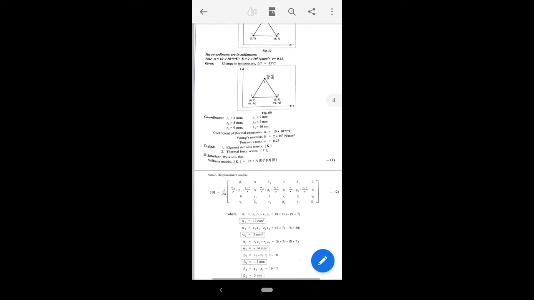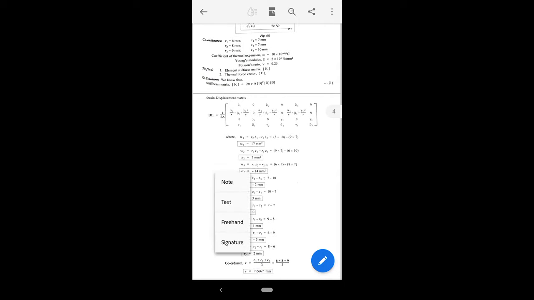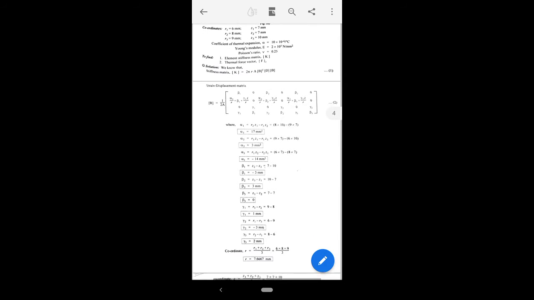We have discussed this already. First you can find the element stiffness by using the formula below. The stiffness matrix K is equal to 2 pi R A B transpose D B. The B matrix is nothing but the strain displacement matrix. It is the formula we already discussed. You can recall which formula to substitute in the correct manner, because we are writing an open book test, which means there is no need to memorize the formula. You can understand which formula is essential to solve the problem.